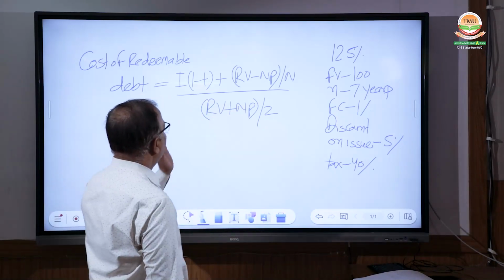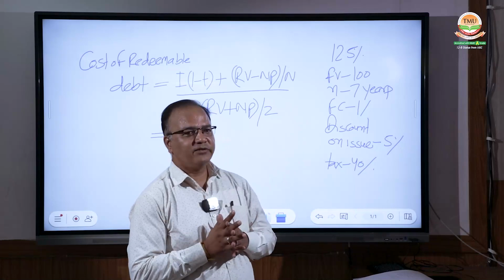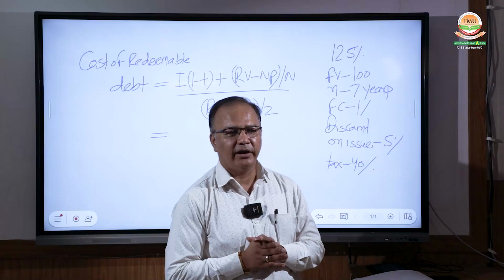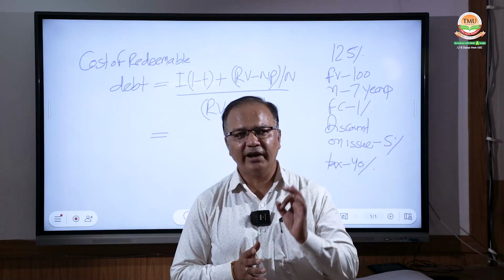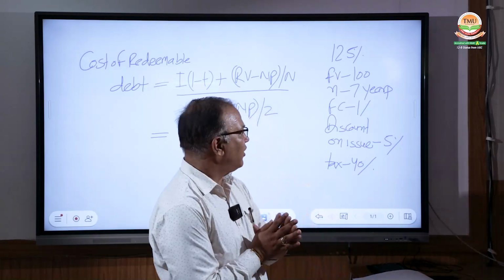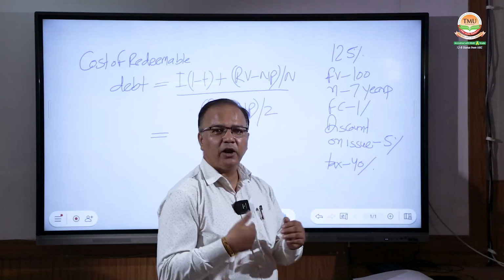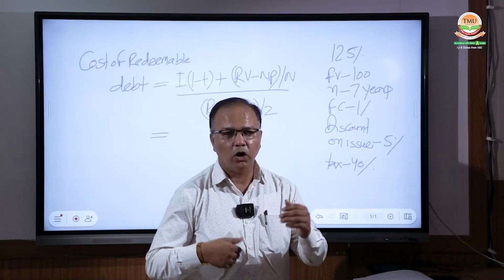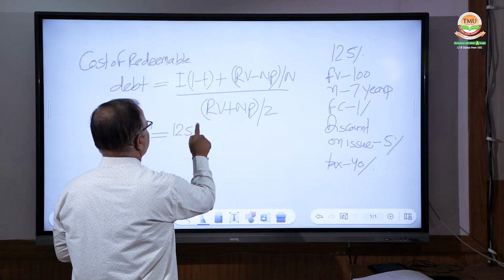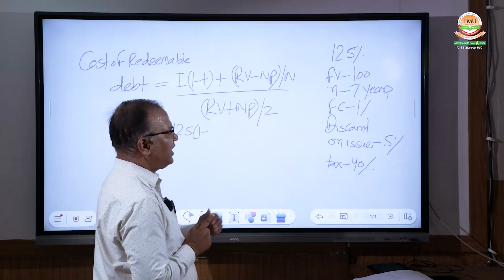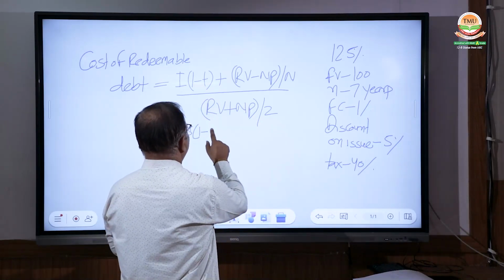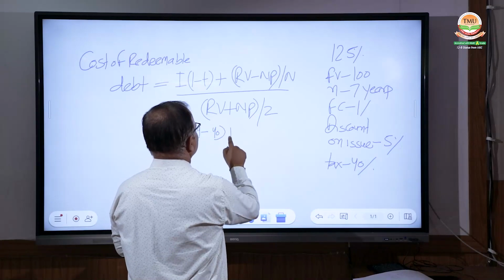Now, interest, rate of interest is given, the coupon rate is 12.5%. Whenever coupon rate is given to you, it means it's a rate of interest. And the rate of interest is always charged on the face value. Face value is given, rupees 100. It means rate of interest will be 12.5% of 100, it means 12.5. Now, tax rate is given 40%. 40% means 0.40. 1 minus 0.40 plus